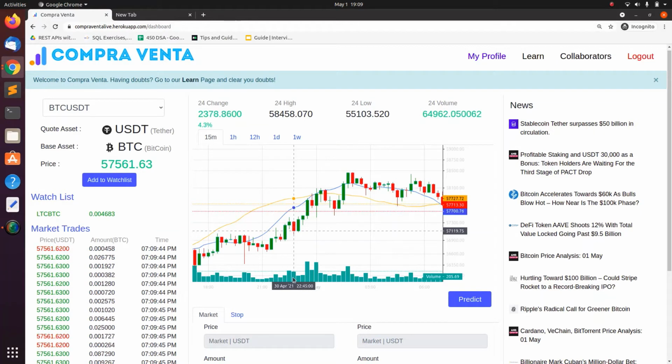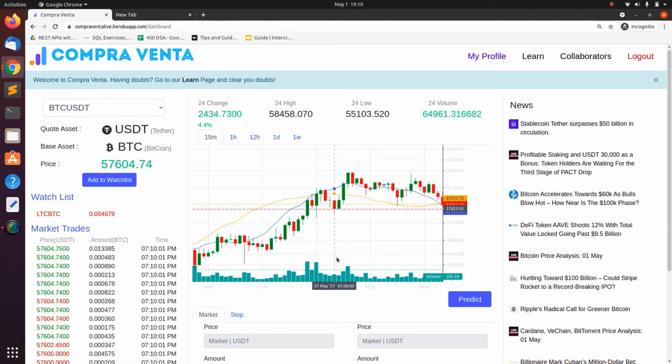The histogram below is the visualization of the volume being traded for that particular interval to give better insights to the user to analyze the pattern. Hovering over any point in the graph would give us the value of the base currency for the time corresponding to the x-axis. The mustard yellow line chart is the exponential moving average and the blue line chart is the simple moving average, which basically helps in the prediction of the base currency in terms of the core currency.